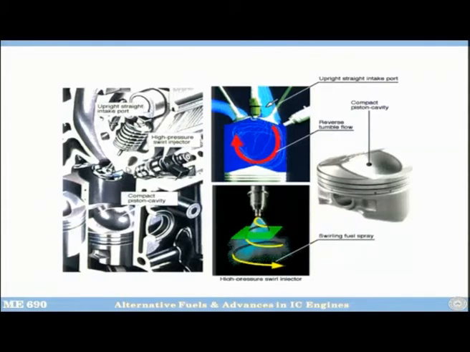And here you have this high pressure swivel injector which injects the fuel. You can see this air is coming in here and through this tumble motion, through this curved top, it undergoes reverse tumble motion. And this is the cavity, you can see this cavity which enables this kind of reverse tumble motion. And then here you have the injector, and you can see this injector is having a helical spray, a helical cone which is trapping a lot of air inside. This helps in faster evaporation of the fuel. Gasoline is in liquid form when injected, and it has to become vapor before it really vaporizes.